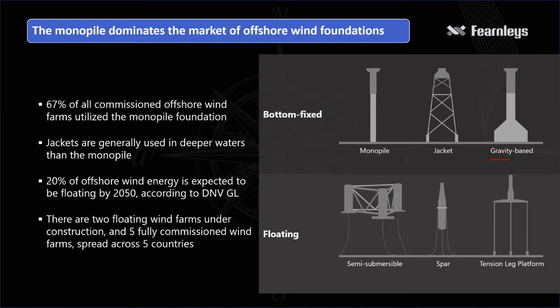The gravity-based foundation is a concrete structure which is ballasted. It has not been used in very deep water, but an advantage is that cranes may not be needed for installation. In terms of floating offshore wind, the three most popular foundation types are the semi-submersible, the spar, and the tension leg platform. The only fully commissioned offshore wind farms, Hywind Scotland and Windfloat Atlantic, utilize the spar and semi-submersible